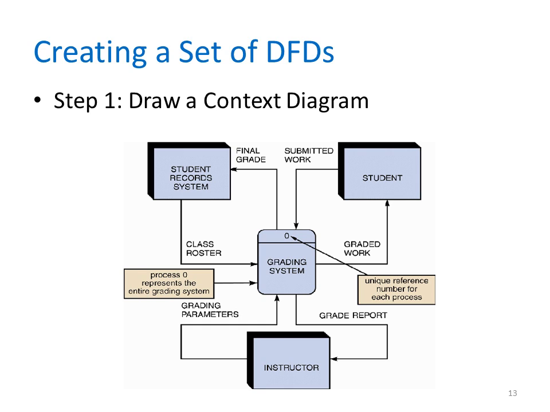To draw a context diagram, you start by placing a single process symbol in the center of the page. The symbol represents the entire system, and you identify it as process 0, the number 0, not the letter O. Then you place the system entities around the perimeter of the page and use data flows to connect the entities to the central process. Now, data stores are not shown in the context diagram because they're contained within the system and remain hidden at this level,